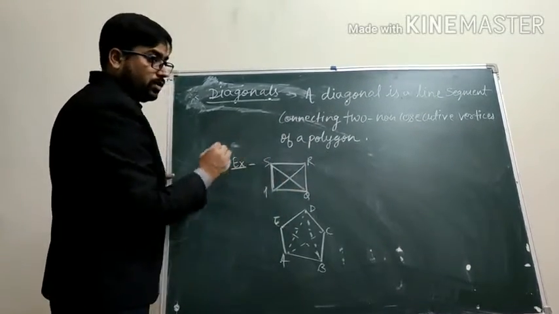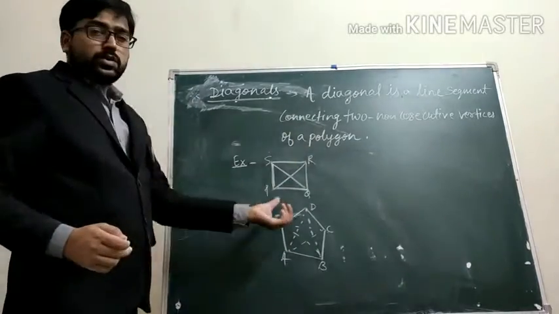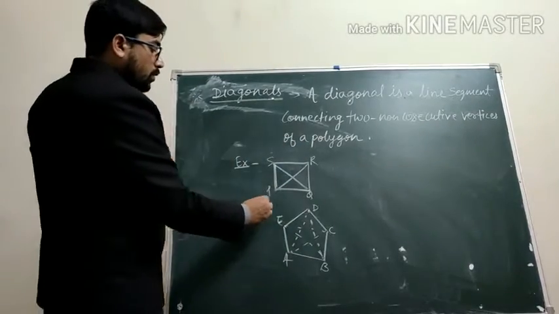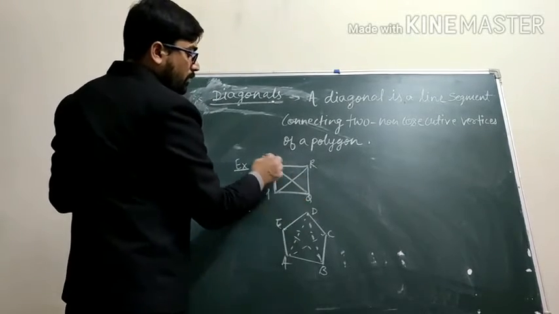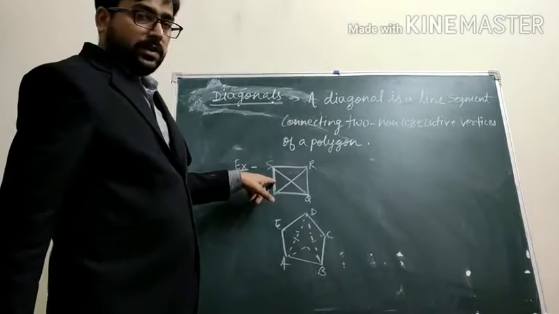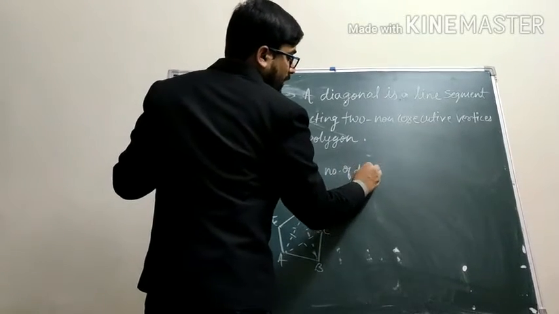Q, S are non-consecutive vertices. Alternate vertices. एक को छोड़ करके दूसरा. So we connect from P to R and from Q to S. In this figure, number of diagonals